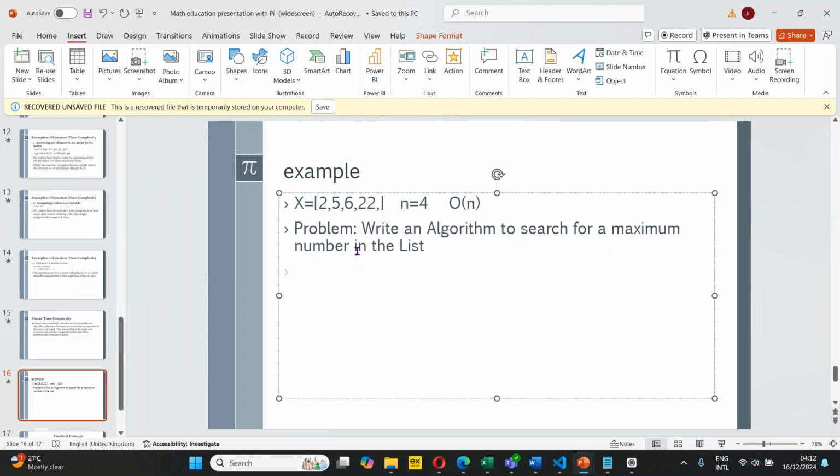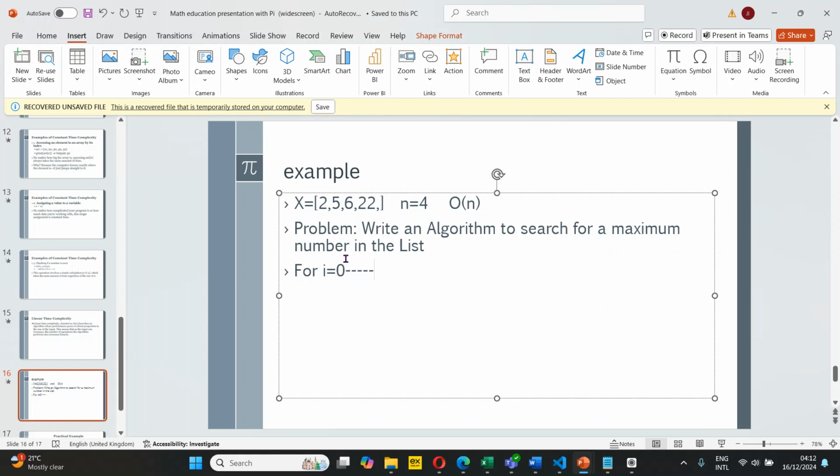But you as a human, and you as a developer, you need to write an algorithm in order for the computer to understand the n number here and then find the maximum number. So what do we do? The first thing we do is to write a for loop, which is for i. We start i equal to 0,